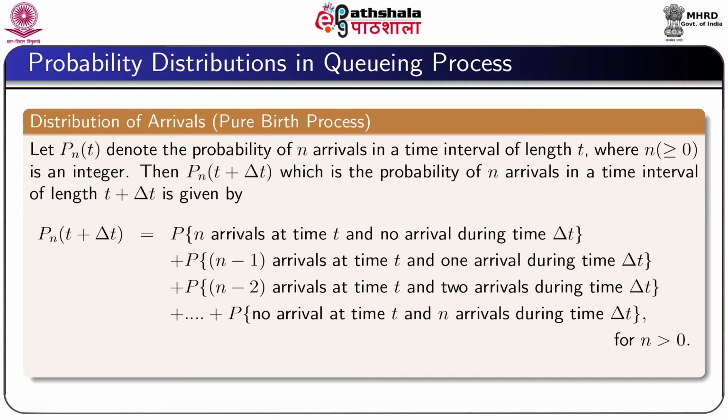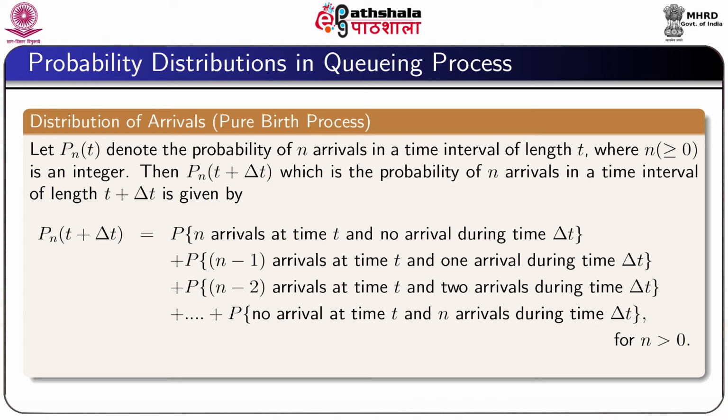Now, let us suppose that P n t denotes the probability of n arrivals in a time interval of length t, where n is greater than or equal to 0, is an integer. Then P n t plus delta t, which is the probability of n arrivals in a time interval of length t plus delta t, is given as follows: